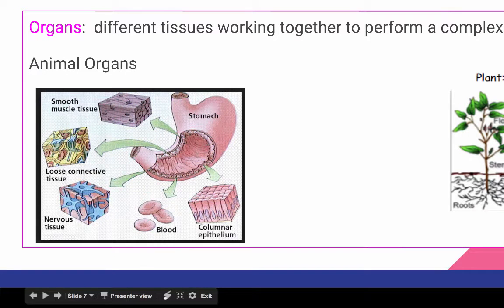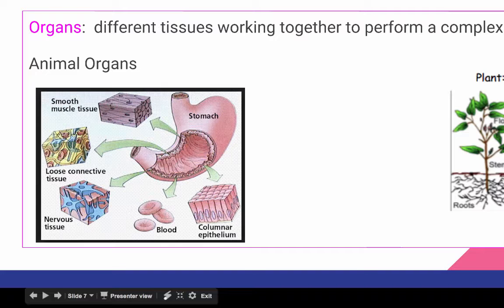So we have our cells as our basic functional units of life. Those cells organize into tissues, and if we have different tissues working together to perform complex functions within the body, we have organs. So again, you can have both animal organs and plant organs. In this case, you're taking a look at the human stomach. And if we did a cross section and cut through that stomach,